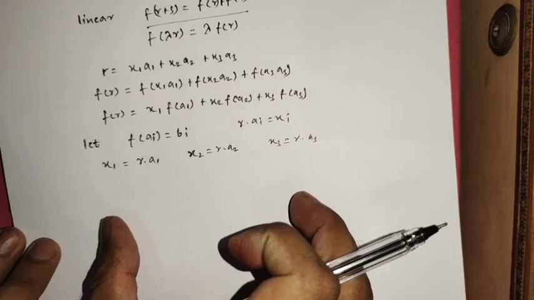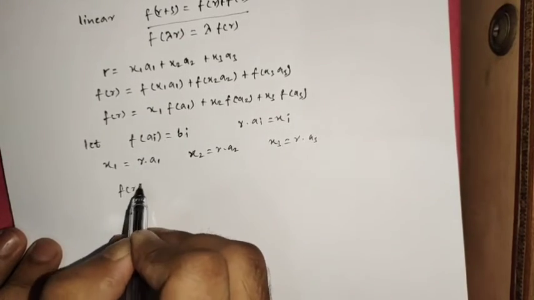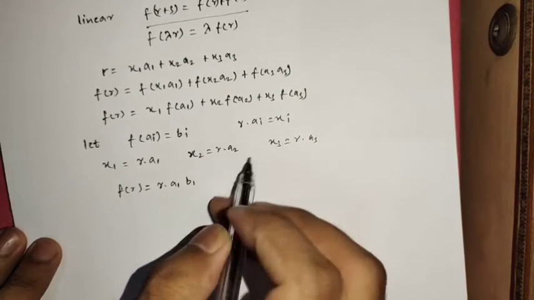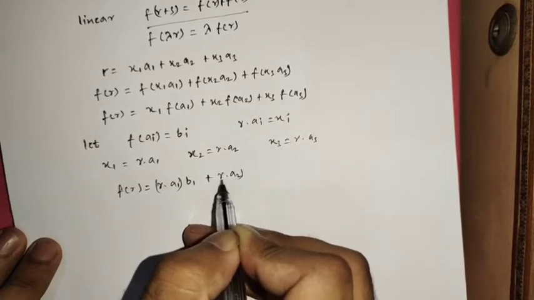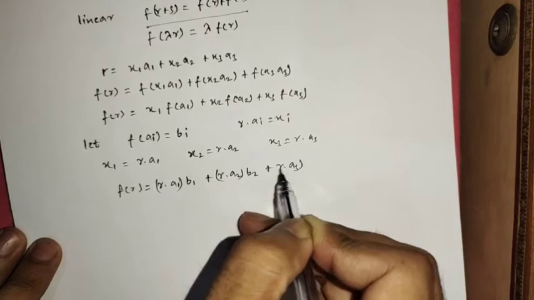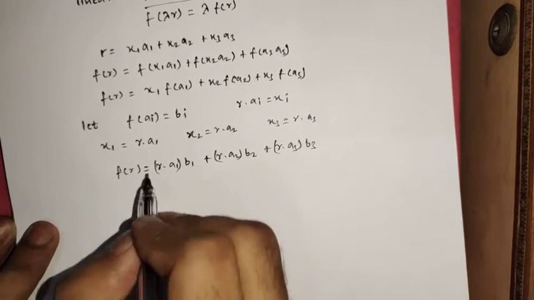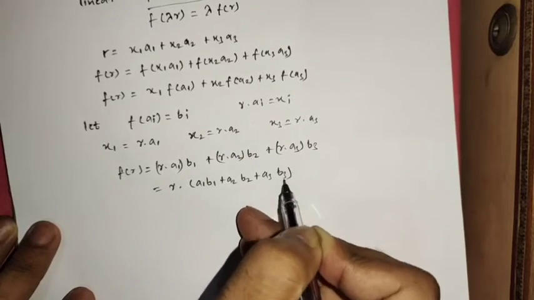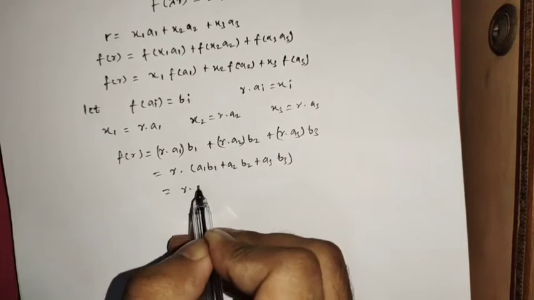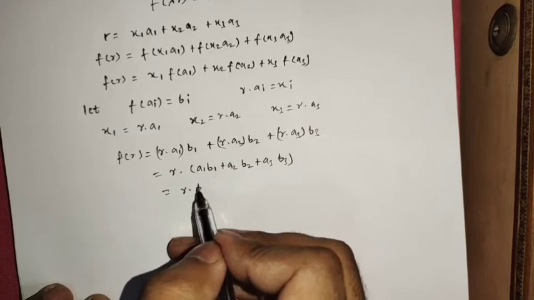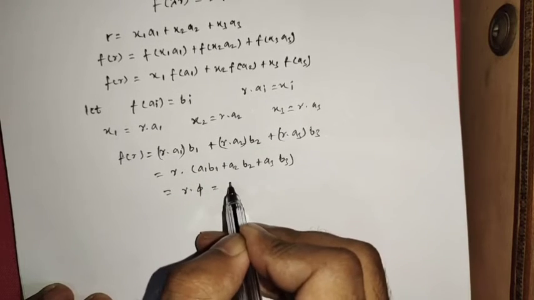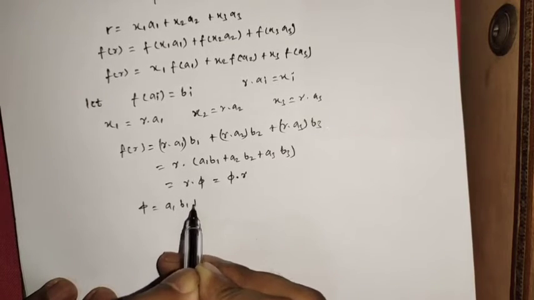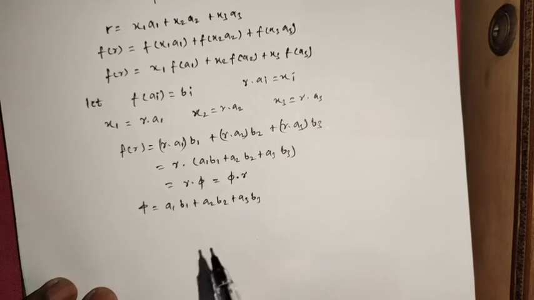Now substitute all these things in the above quantities, and then f of r becomes r dot a1 times f of a1, which is b1, plus r dot a2 b2 plus r dot a3 b3. Okay, we can also write this as a1 b1 plus a2 b2 plus a3 b3, which finally can be written as phi. If I let this be a phi operator, where it is a1 b1 plus a2 b2 plus a3 b3, it can also be written as phi dot r. Now this phi, which is a1 b1 plus a2 b2 plus a3 b3, has 9 components in